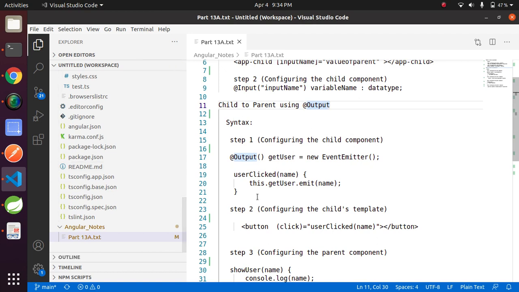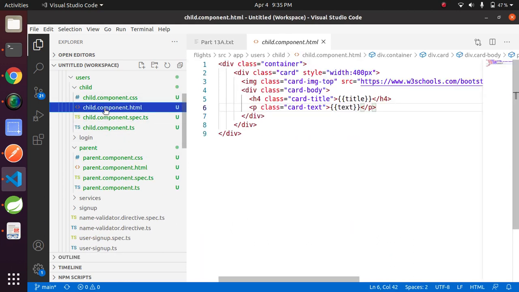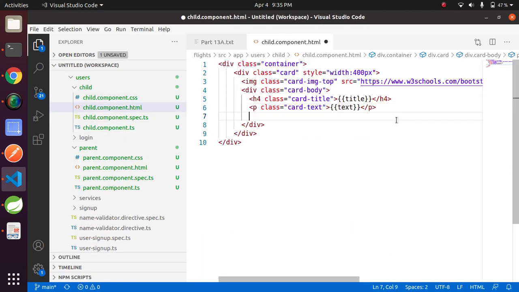Let's first create a button in the child component. Here, button, see details.